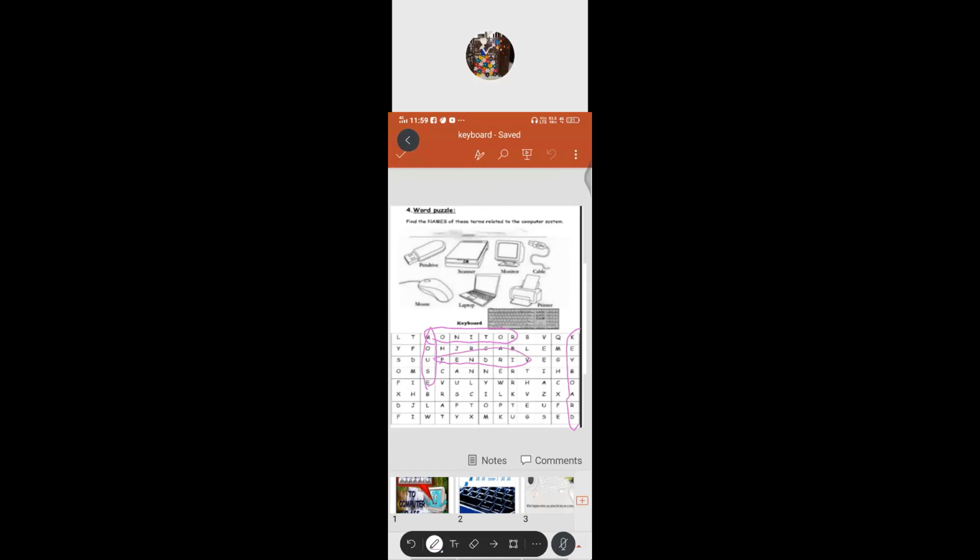Very good. Where is the keyboard? Scanner? Okay, children, laptop. Very good. You're finding the answers exactly. Excellent. Seventh one is laptop. Where is the laptop? Seventh one is laptop. Very good.